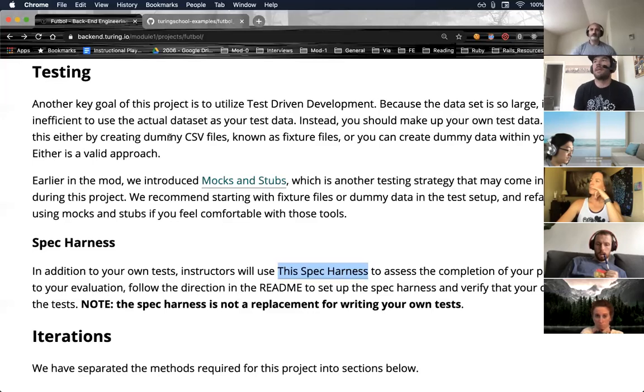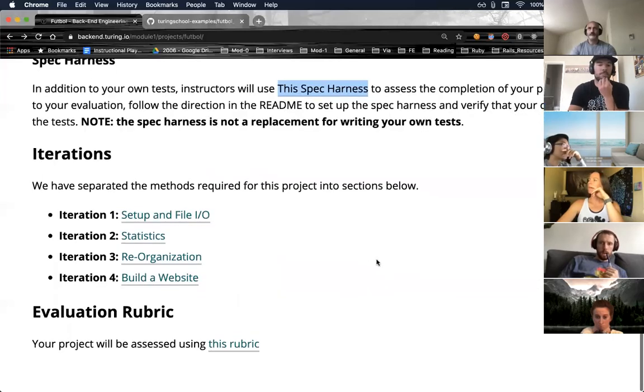Adike, I saw you had your hand up, but then you put it down. Did I answer what you were going to ask, or do you still have something? It wasn't an ask so much as a comment that's kind of gone in the chat. Check your Ruby versions. Just make sure everyone has the same Ruby versions. That is a great recommendation. Thanks for saying that.